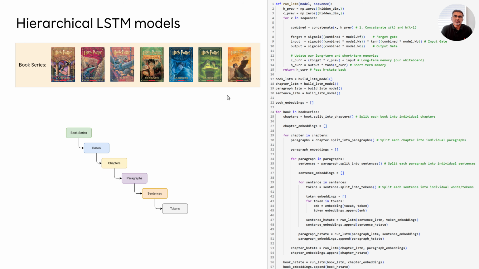Each of the books has several chapters, each of the chapters has several paragraphs, each of those paragraphs has several sentences, and each of those sentences has several tokens. So, do you capture the long term context on every book, or every chapter within that book, every paragraph within that chapter, or where do you capture this?